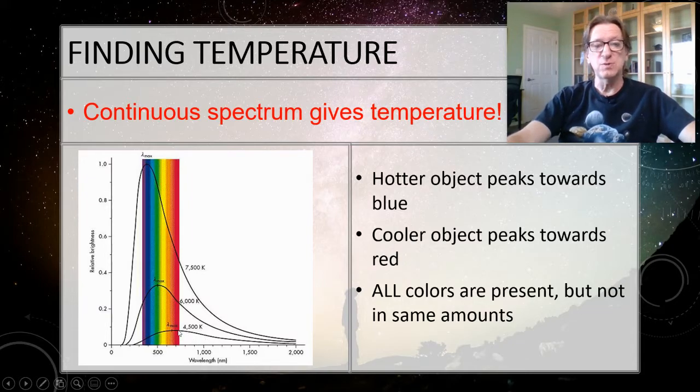Now I want to caution you on something. We're talking about where it is here on the x-axis, where it peaks. It is entirely possible to have a 4,500 degree star that comes up like this and then comes down. This is just showing you how bright the star is overall. So this star is going to be much more luminous than this star, but it's also hotter. And so that's telling us something about what's going on there. So keep this in mind. This is the key. Hotter objects are bluer.